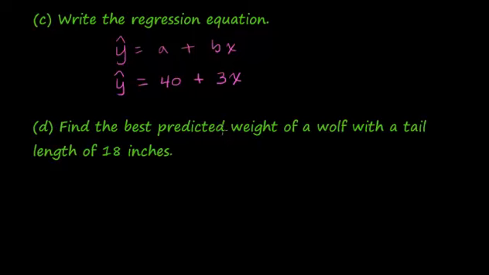When we've concluded that there is no linear correlation, the best predicted value for the weight of the wolf is the average weight of the wolf. So in this case, the best predicted